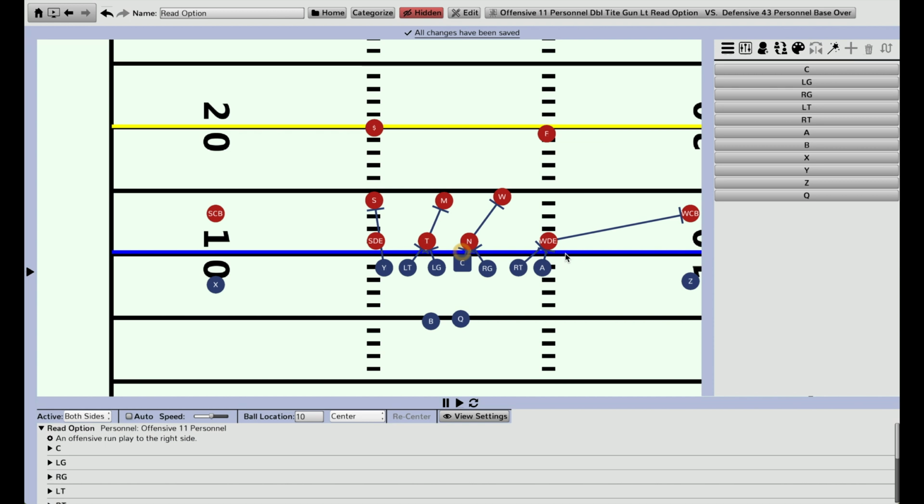Today we're going to talk about how to create a read option play. What you can see on the screen here is an offensive play with the blocking schemes already set up for us. If you're wondering how I got this blocking scheme set up, basically what I did was